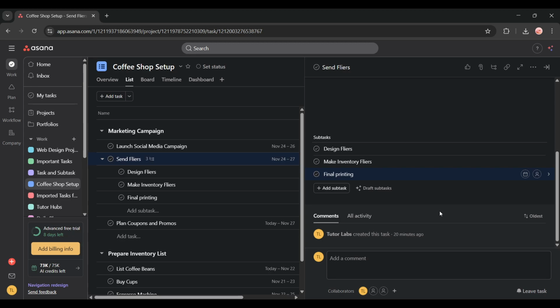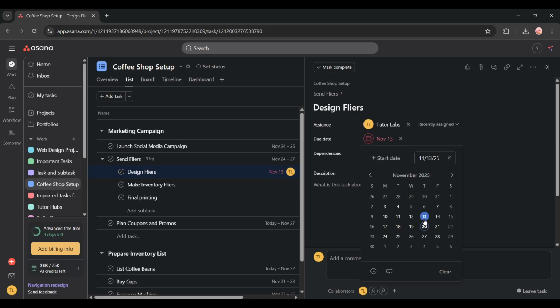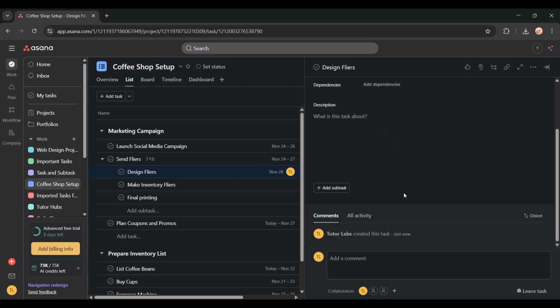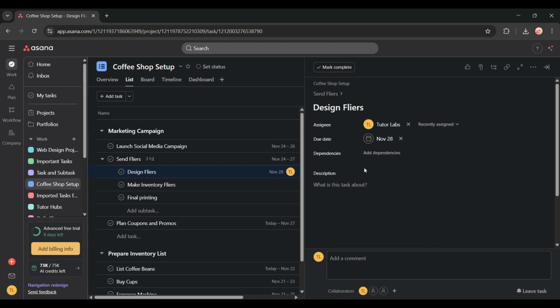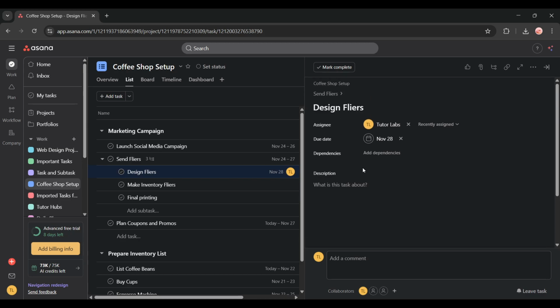Here's where Asana gets particularly powerful. Click on any individual subtask to open its own details pane. Within this view, you can assign the subtask to specific team members, add a due date to keep everyone on schedule, or even add it to another project separately from the parent task. This flexibility allows you to manage work across multiple dimensions, ensuring nothing falls through the cracks while maintaining clear connections